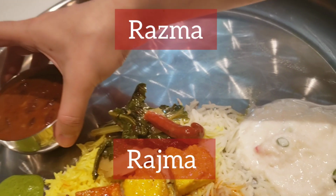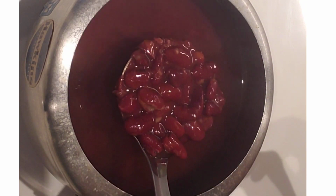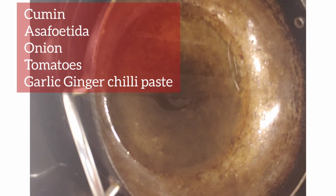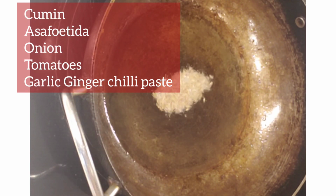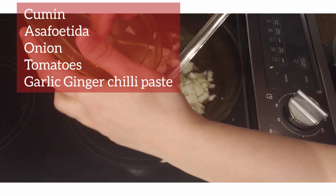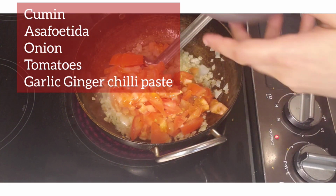Moving on to our second favorite, that is Razma or Rajma. I soaked the Rajma overnight and boiled it in the pressure cooker until it's soft and mushy. Now to the kadhai I've added oil, cumin seeds, a little bit of hing, onions. I let it cook. I add tomatoes,